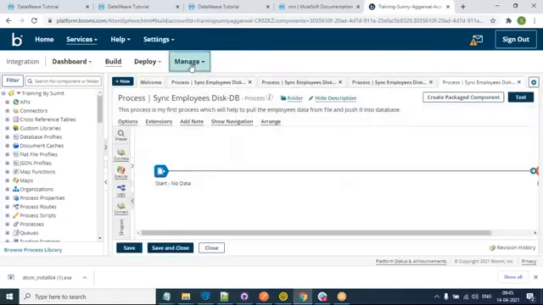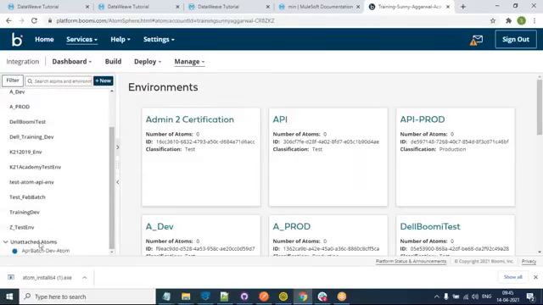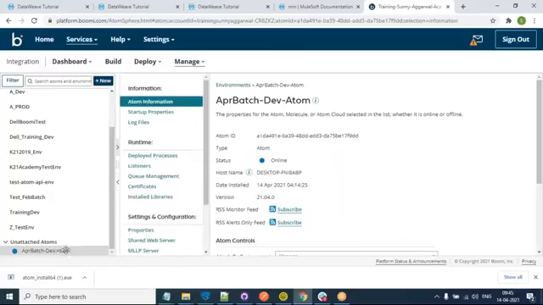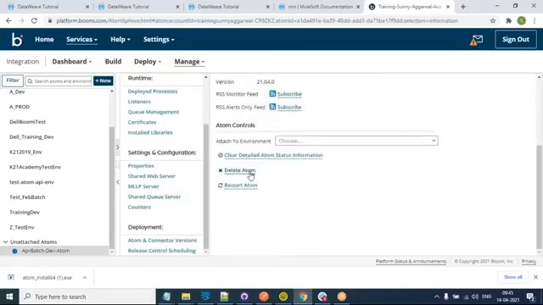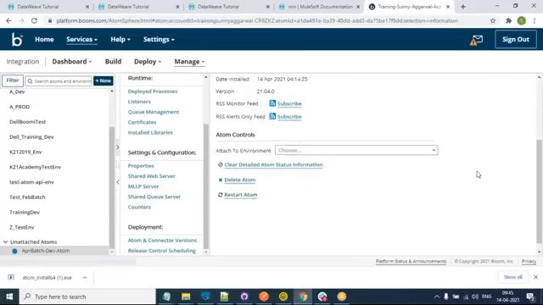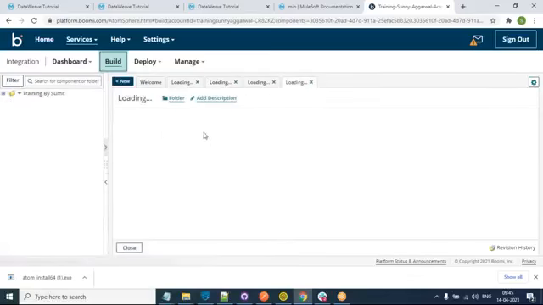Yes, even you can see here, you can go to the atom management, and if you scroll down, you will see one atom. This atom will have a unique ID called atom ID. You will have the type of the installable, that is atom. You will have the status. You will have the machine information, date when it is installed, the version, right? And anytime if you want to delete the atom or restart the atom, you can do it. So it is saying unattached because this atom is a runtime,